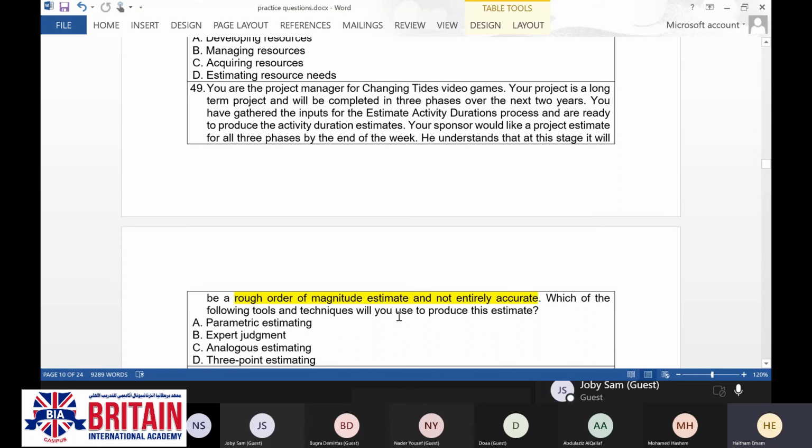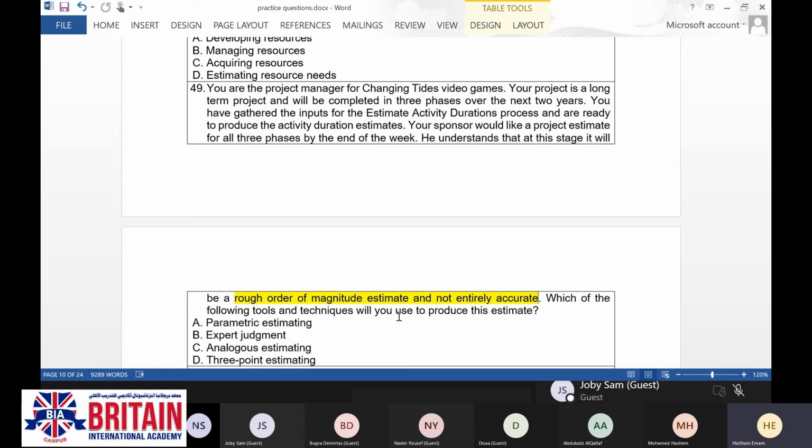Okay. The question here is giving you certain keywords, which are rough order of magnitude estimate and not entirely accurate. Again, not entirely accurate.